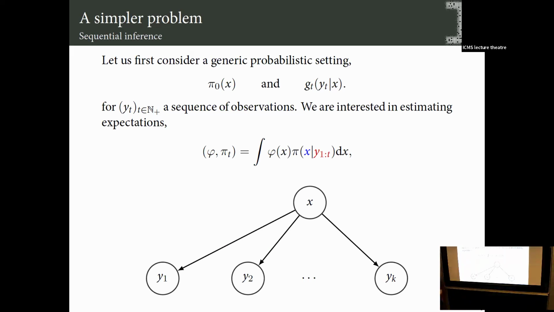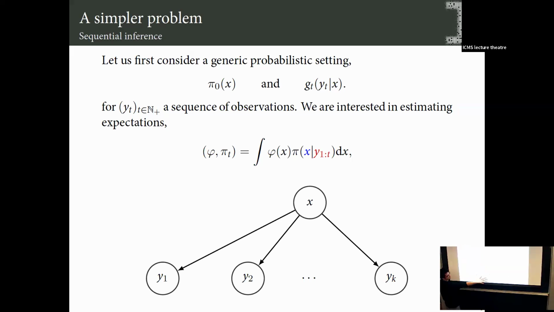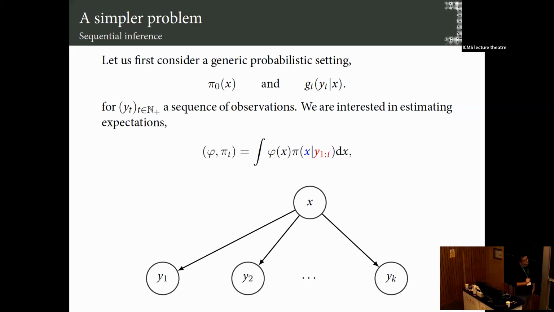And the goal here, the simpler goal, before we go to the x_t situation where it's a more complicated thing to do, is to estimate the conditional distribution of x given all the data. And there's another aspect to this, which is why we call it sequential inference. I also want to process these observations sequentially. I just don't want to